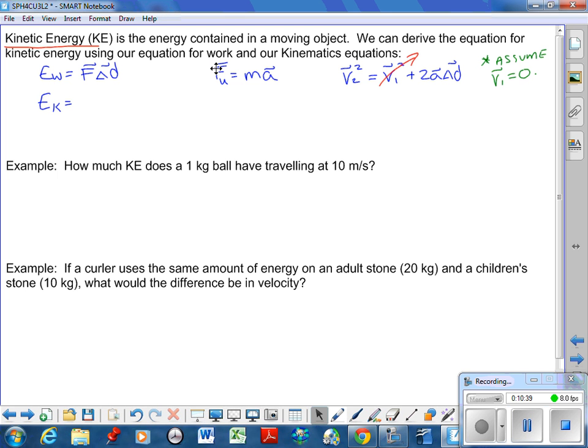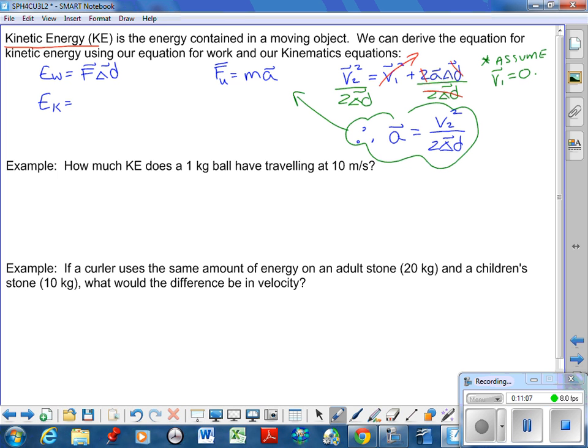I want to get acceleration by itself, so I'm going to divide both sides by 2 delta d. Again, you're not going to have to regurgitate this for me. 2 and delta d cancel out. So we get, therefore, acceleration is equal to v2 squared over 2 delta d,